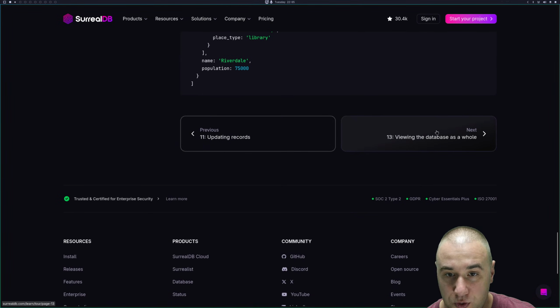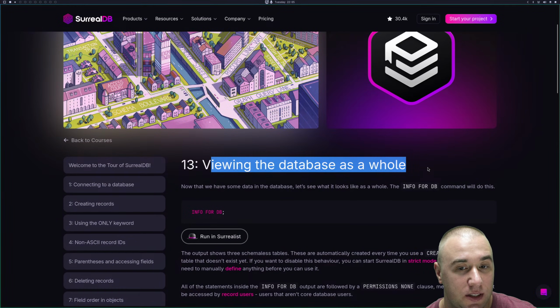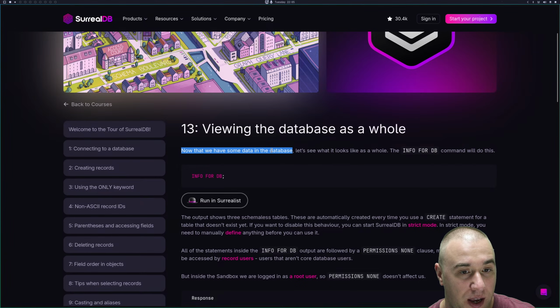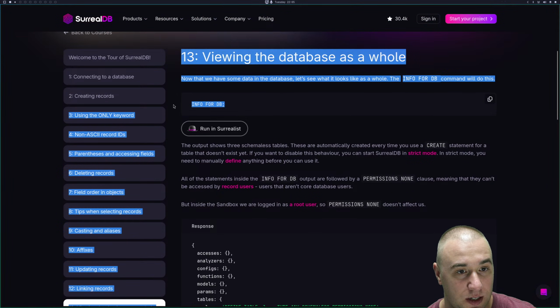So let's move on to viewing the database as a whole. Now that we have some data in the database, let's see what it looks like as a whole. The info for DB command will do this. So let's actually run it in ours,